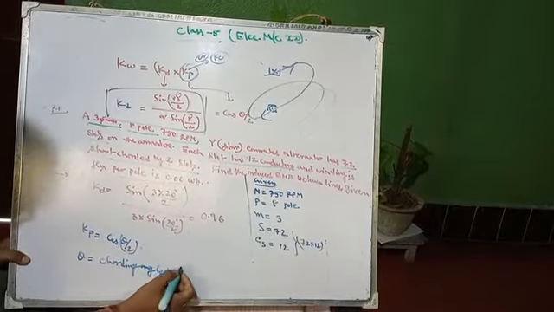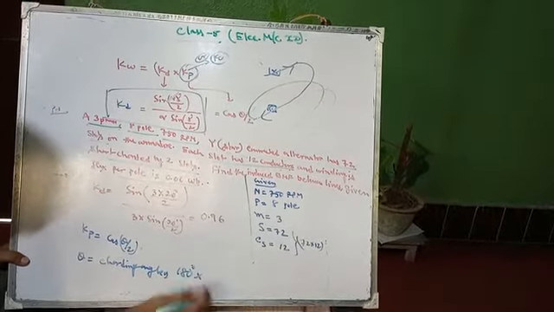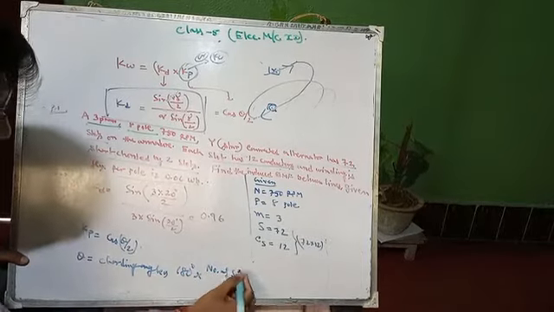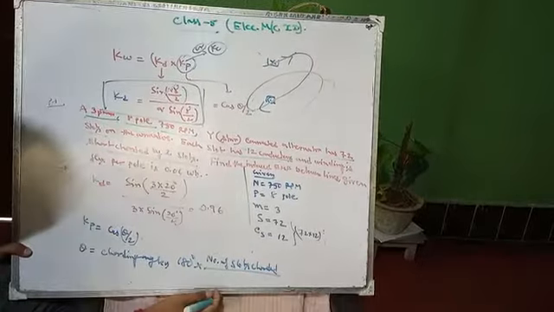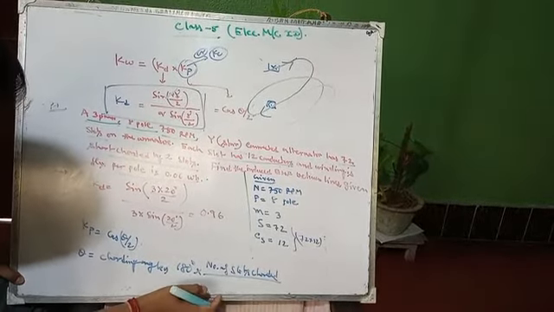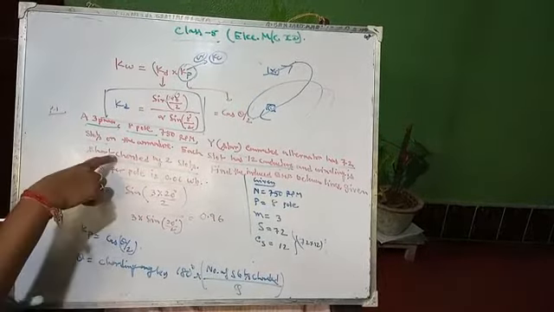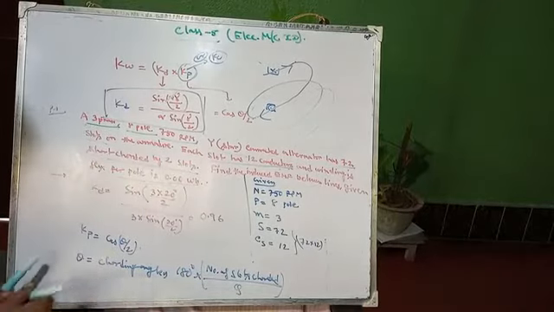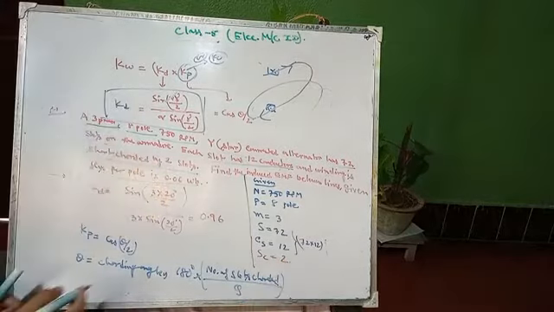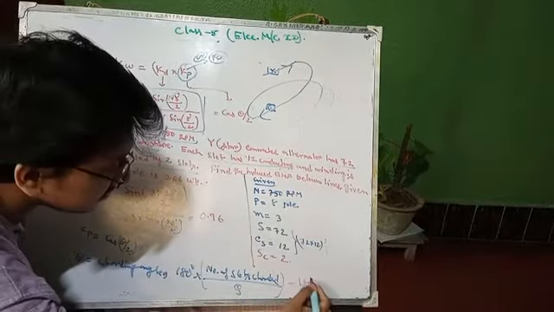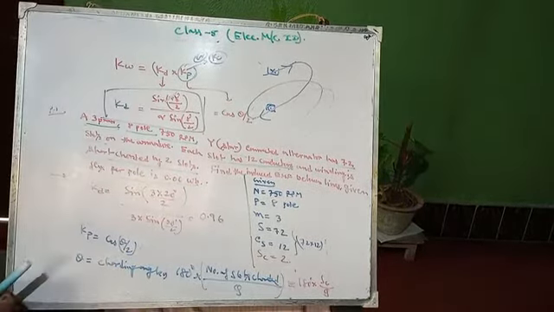And to find the chording angle, what is the formula? 180 degree by the number of slots chorded divided by capital Q. What is the number of slots chorded? Slots chorded by 2 slots, so you can say the chorded slot will be 2. So you can write 180 degree by Sc by Q. This is your formula for theta.